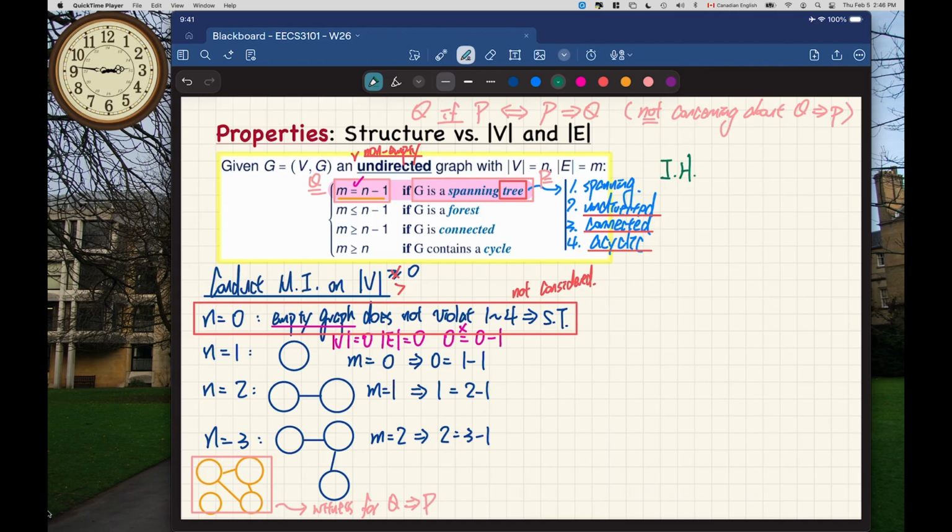Inductive hypothesis. So now I can make it a little bit more logical, like an implication sign. Given that it is a spanning tree with the size larger than 3. So let's say G is a spanning tree with the number of vertices strictly larger than 3. Just strictly larger than the base case. That would imply the left-hand side. That would imply